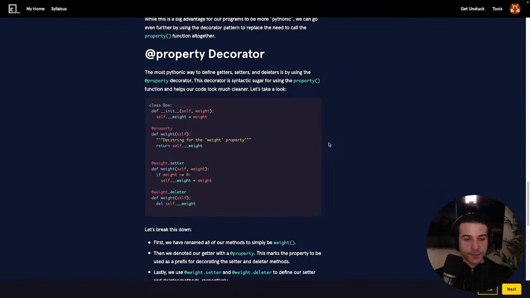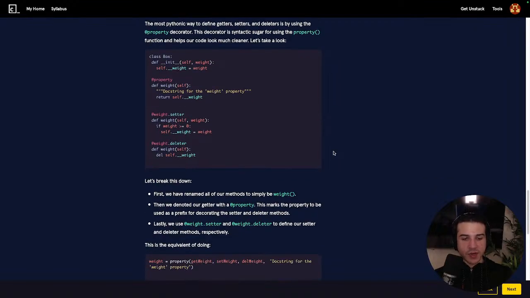@weight.deleter def weight(self): del self.__weight. Let's break this down. First, we have renamed all of our methods to simply be weight. Then we denoted our getter with the @property